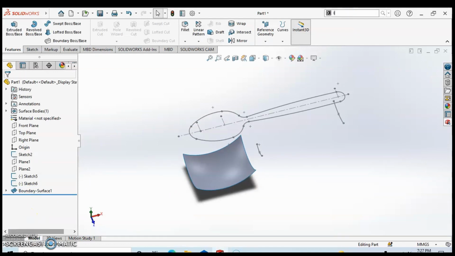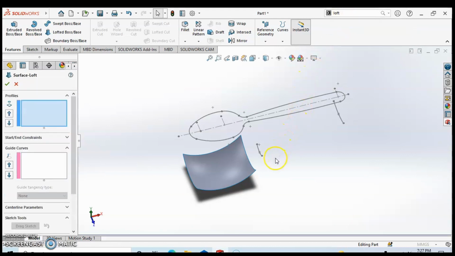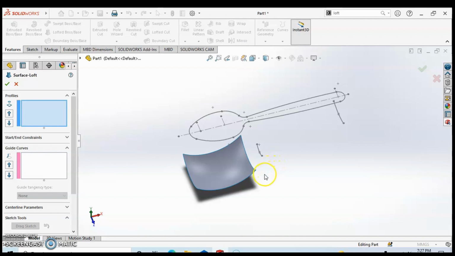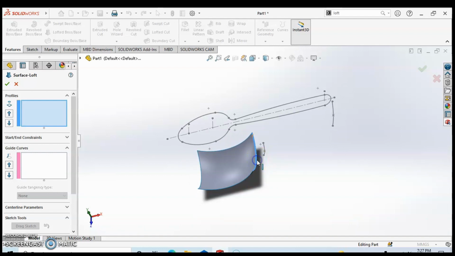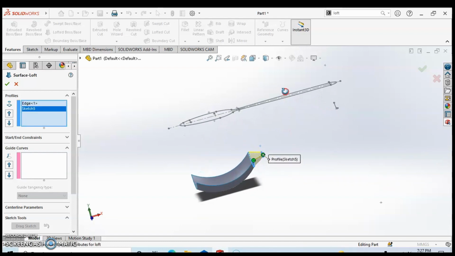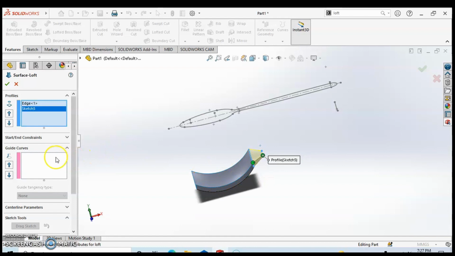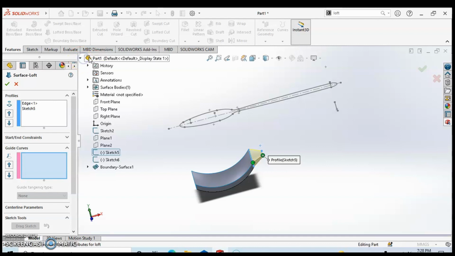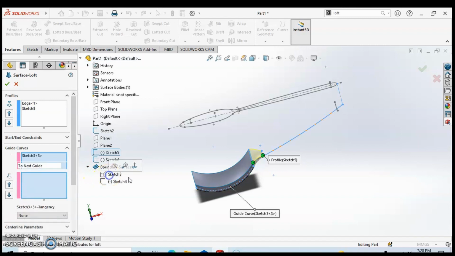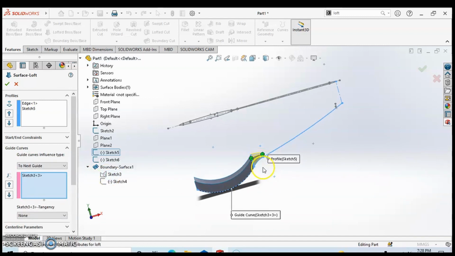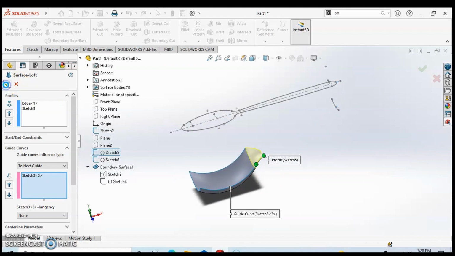So after that, we're going to search for lofted surface. This one, select that. And then next thing to do is select this and this part. That's it. So as you can see, it is not aligned with our guidelines. So select this guide curves. And then select these parts, then select this sketch 3. So as you can see, it is aligned with our guideline. Then check it,